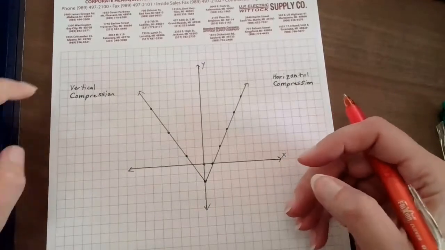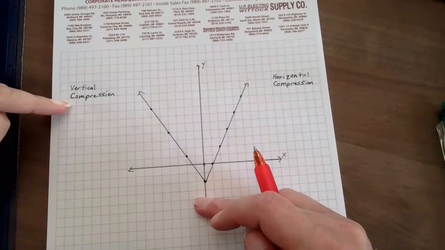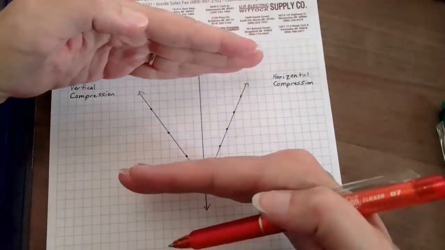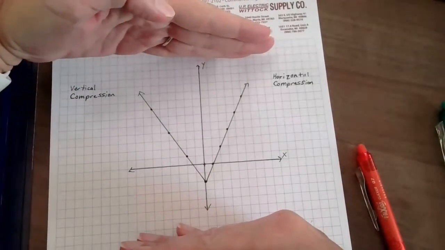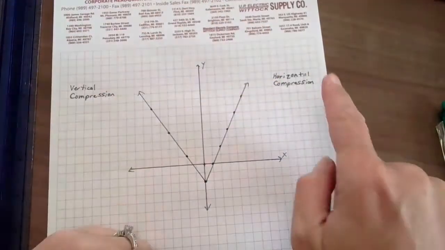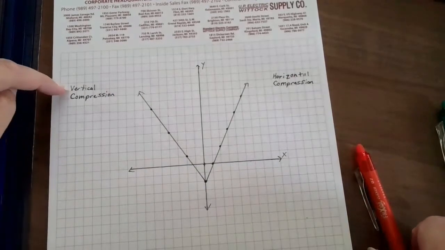All right. A vertical compression, again, vertical is up and down. Compression is to compress, to make smaller, to condense. Squish. Did you watch my hands? Ladies and gentlemen, vertical compression. Vertical compression. Horizontal compression. Ponder that for a second, but let's just focus again on this guy for the moment,